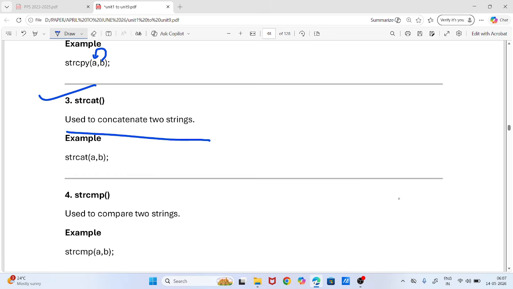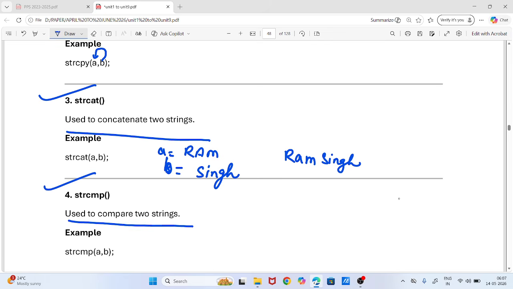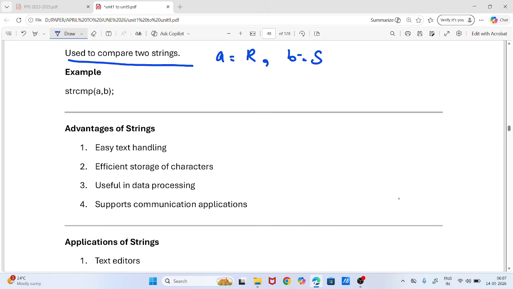strcat is used to concatenate two strings. strcat(a, b). That means if you enter a is equal to Ram and b is equal to Singh, then you can see the output when you use the printf function: Ram Singh. strcmp function is used to compare two strings, strcmp(a, b). If you enter a is equal to r and b is equal to s, when you compare it, it will give you, it's